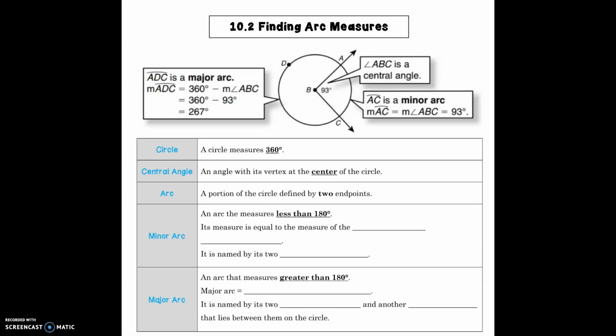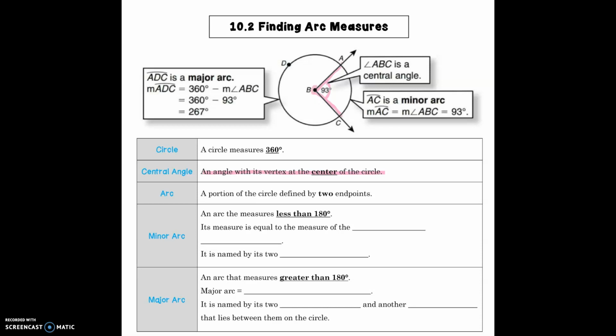Today we're going to start section 10.2, finding arc measures. A circle measures 360 degrees. A central angle of a circle is an angle with its vertex at the center of the circle. So we can say angle ABC in this circle here is a central angle because its vertex B is the